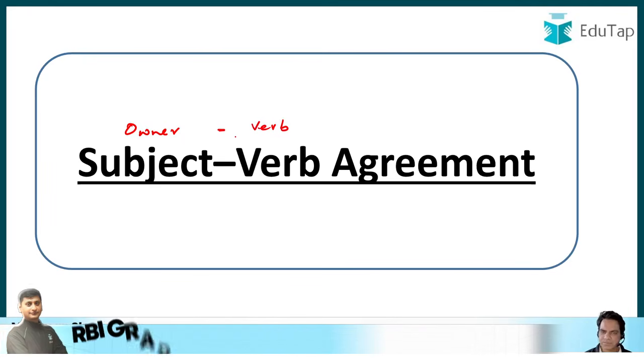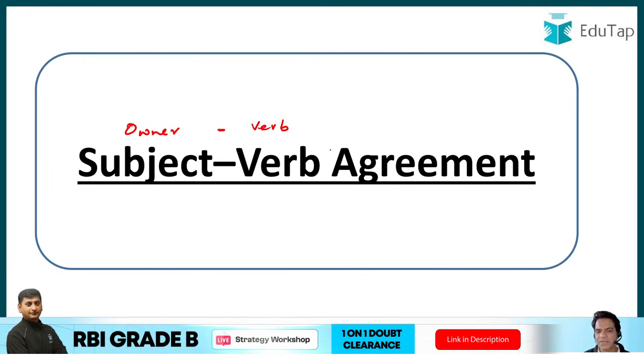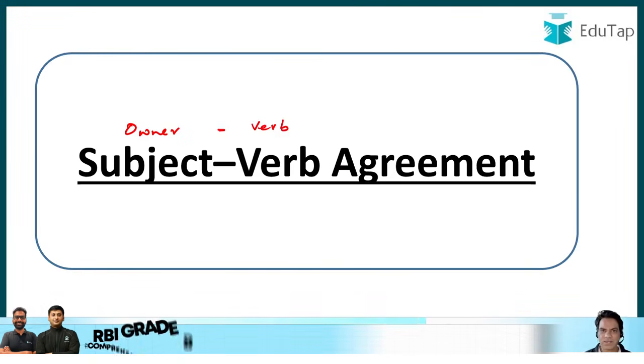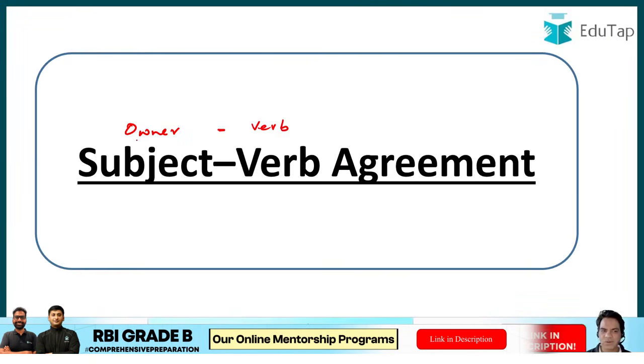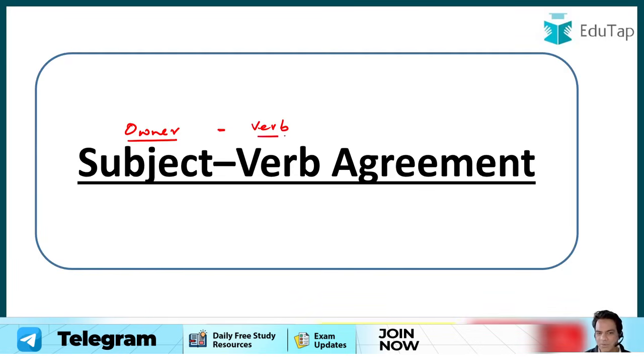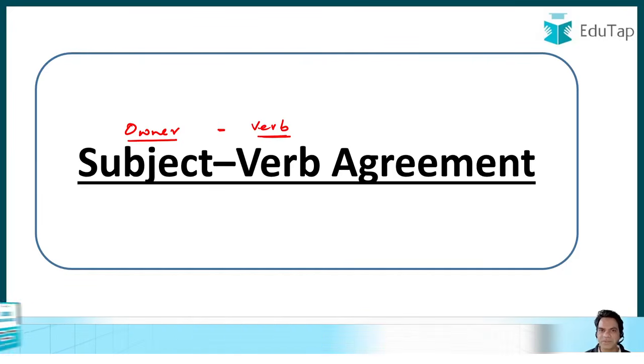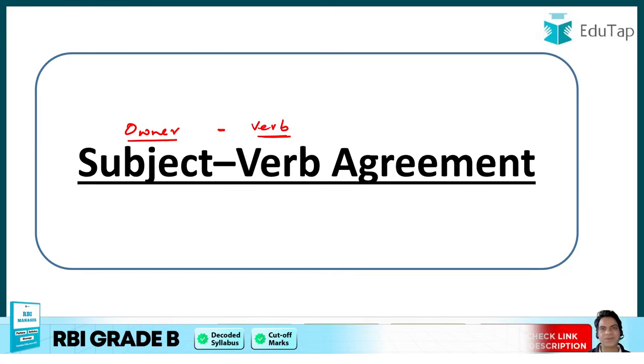Now what do we understand by the word agreement here? What is the agreement? Do you remember there were two gangs in the story? One gang was noun, so the subject is always a noun or a pronoun. The other gang leader was the verb. So there is always a conflict between the two. Remember the story. So the story continues. You will learn English with the help of the story.